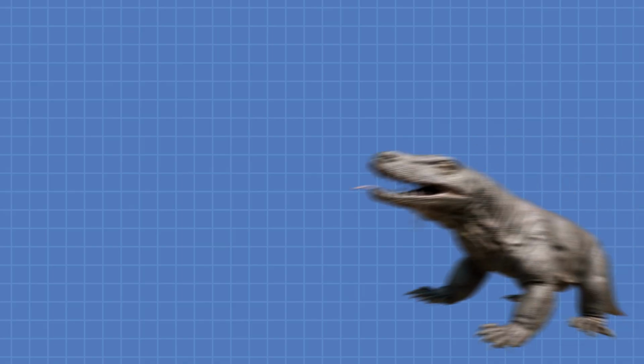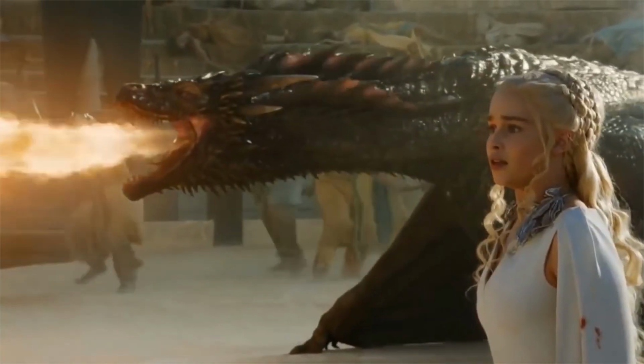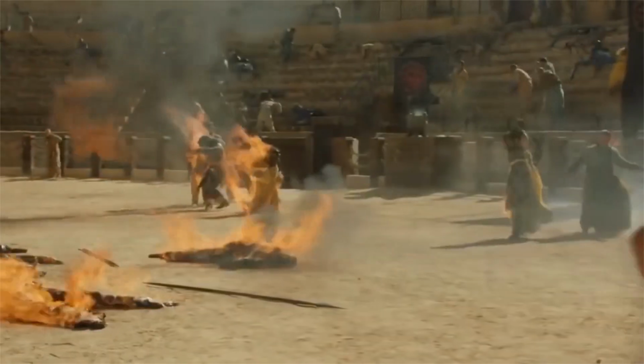If only Megalania had had an evolutionary need for wings, and they were somehow powerful enough to lift the beast off the ground, we could have had true dragons in real life. Whether any creature could ever naturally develop the biological mechanism to breathe fire is doubtful, but you never know. But really, we can all agree that it's probably a good thing the real world doesn't look more like Game